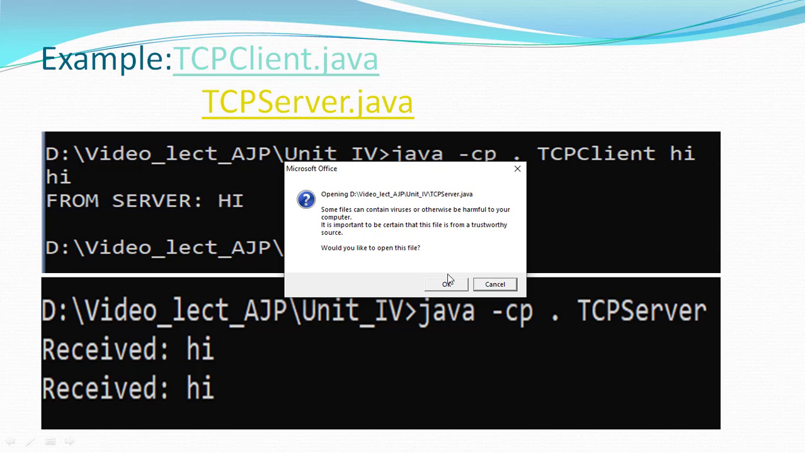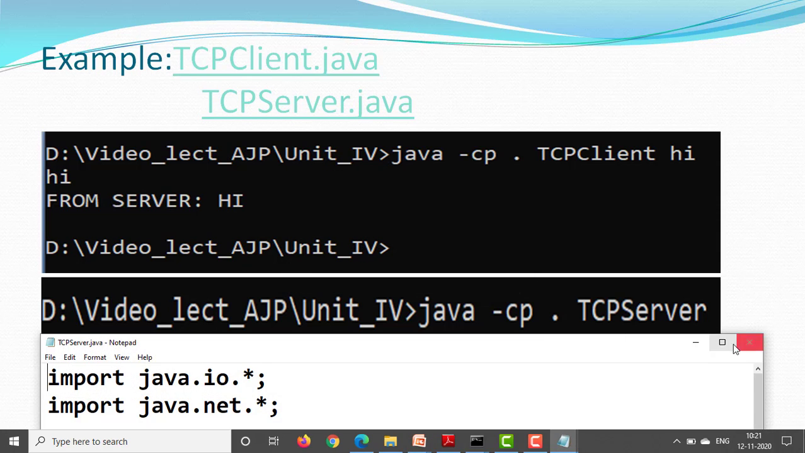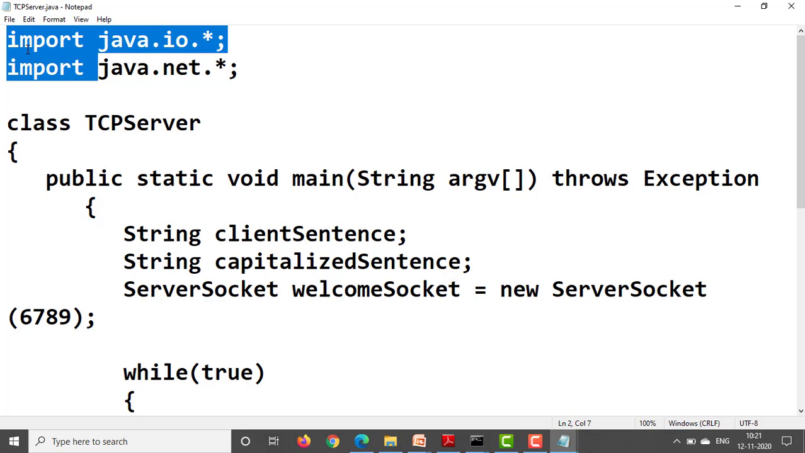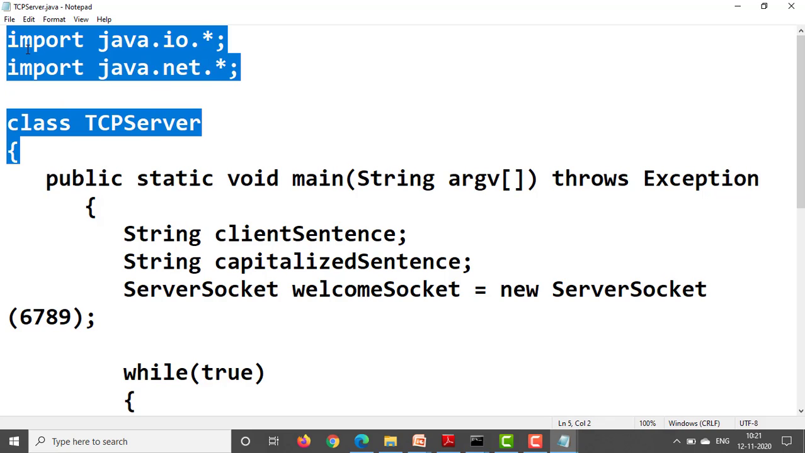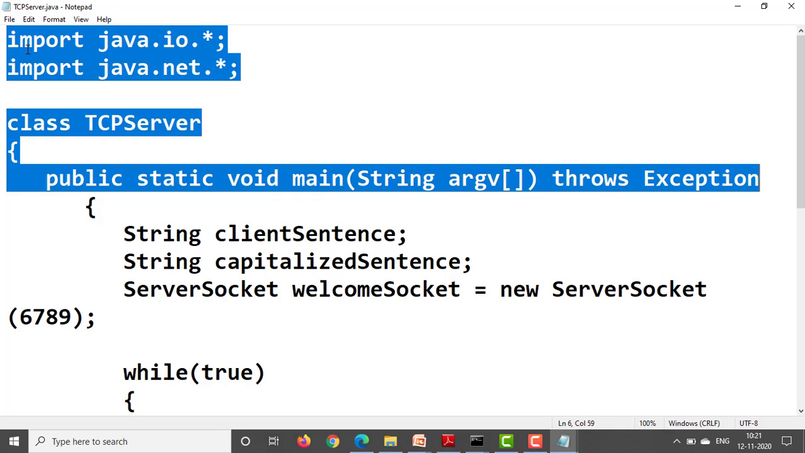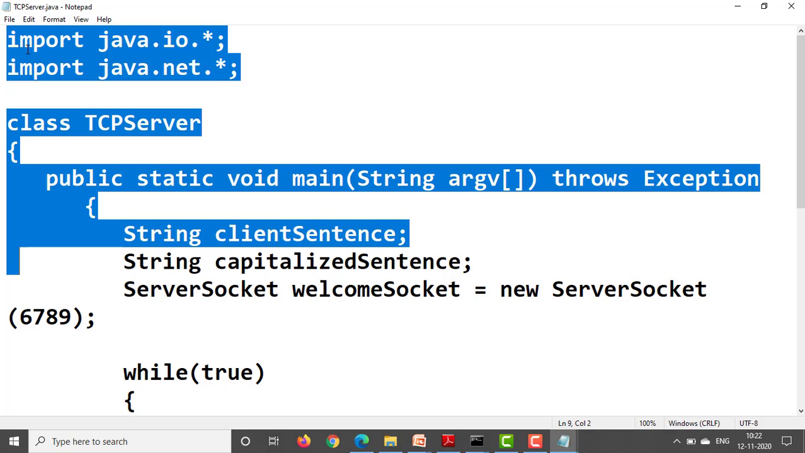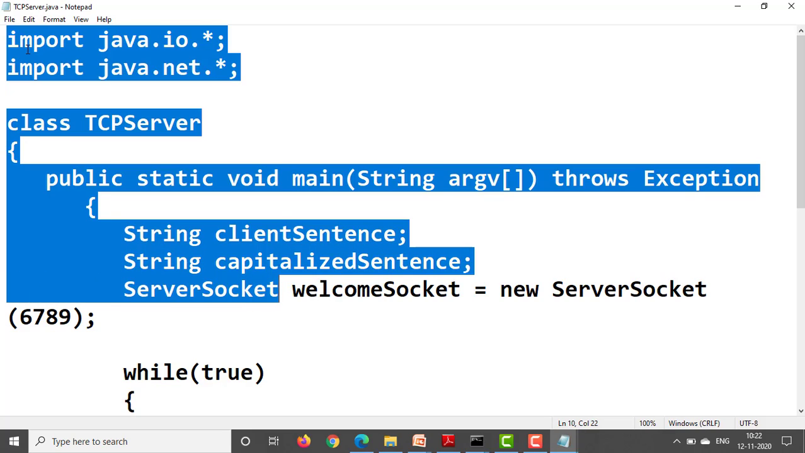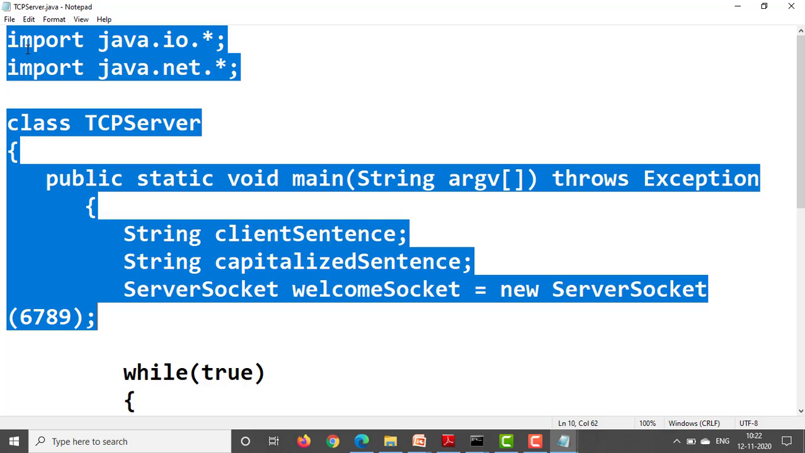TCPServer. For this also we need to import the packages. import java.io.*; import java.net.*; class TCPServer { public static void main(String args[]) throws Exception { String clientSentence; String capitalizedSentence; These are the two variables we have taken. ServerSocket welcomeSocket = new ServerSocket(port number);